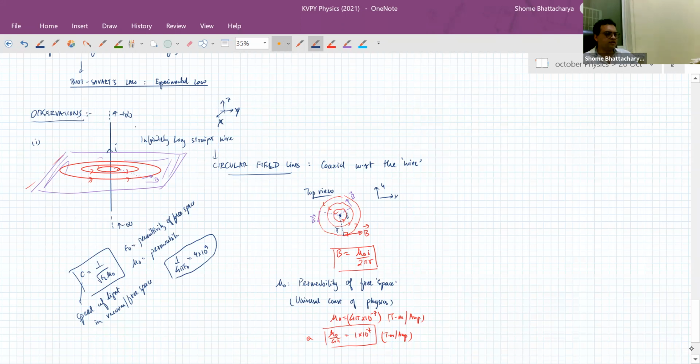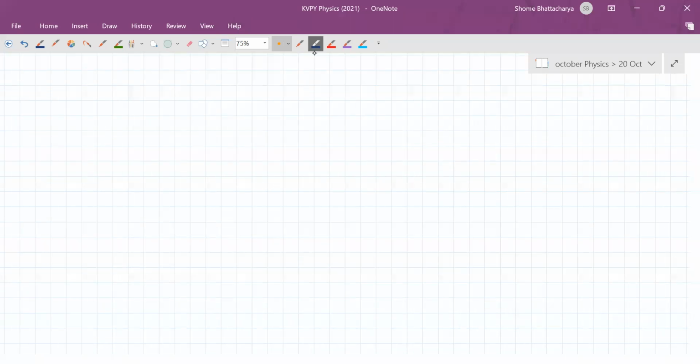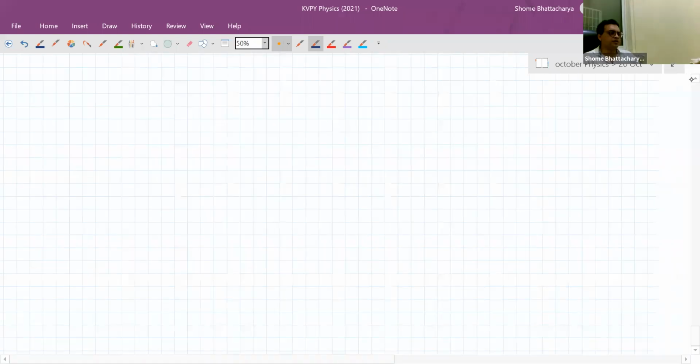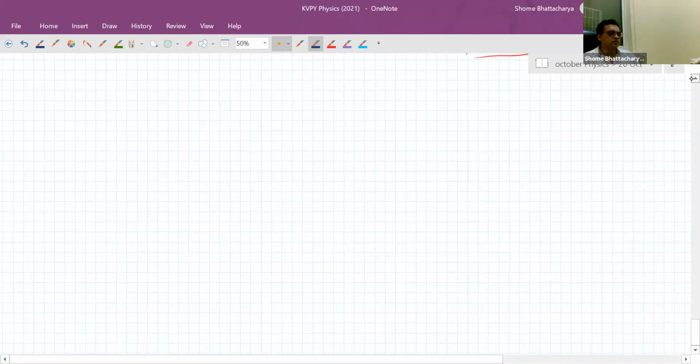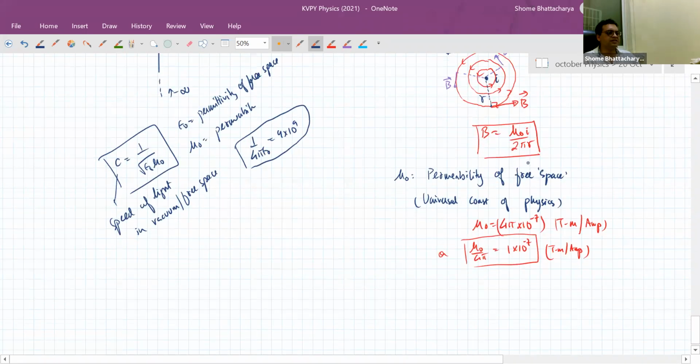Okay, now our next observation. So what's the unit of the permeability constant? It is Tesla meter per ampere, because you can see that in this equation, dimensionally, 2 pi is dimensionless. B is in Tesla, radius is in meters, I is in amperes. I mean radius, not distance from the straight wire, that one.